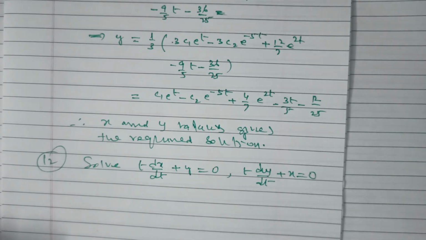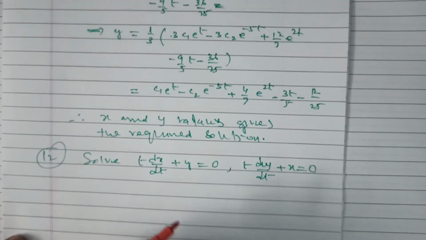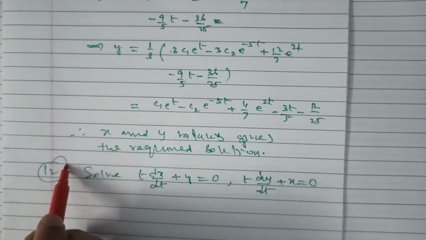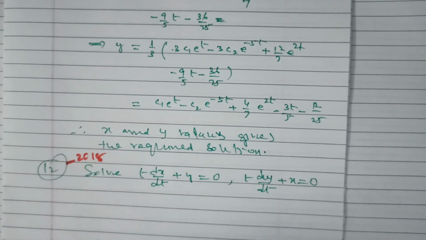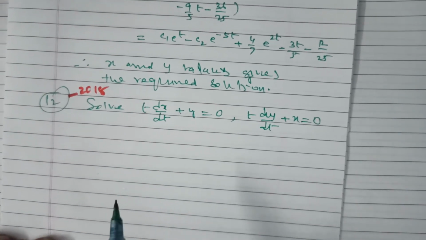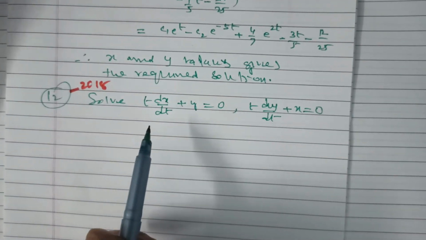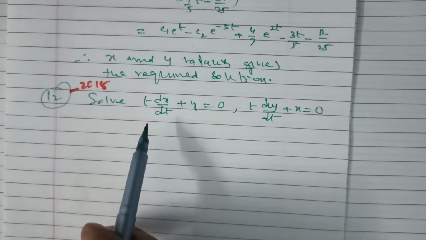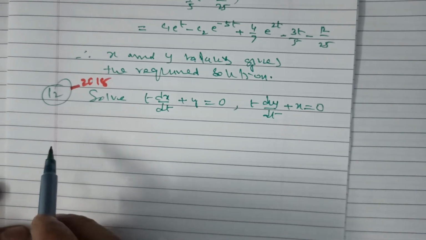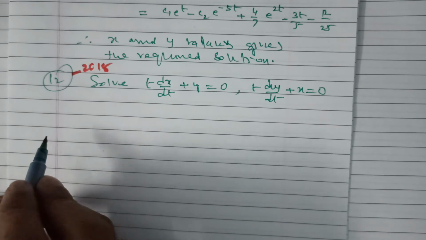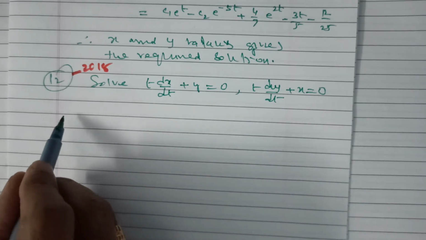This problem was asked in 2018. This is a little different because here the problem has variable coefficients, t dx/dt and t dy/dt. So how can we solve this equation? You see, this problem's solution,